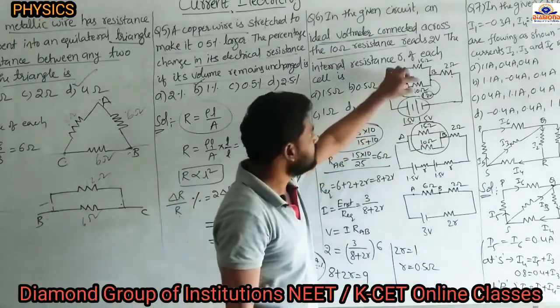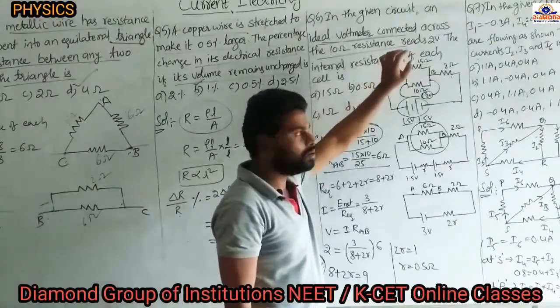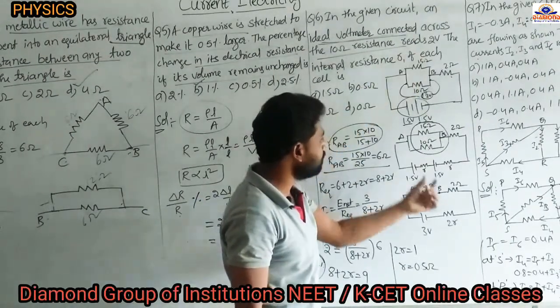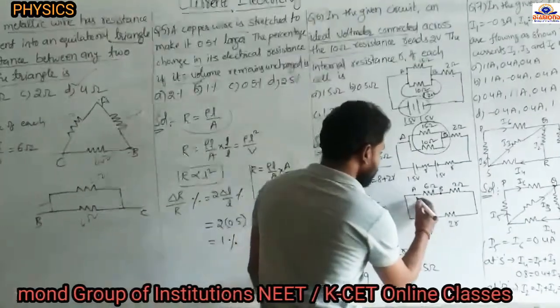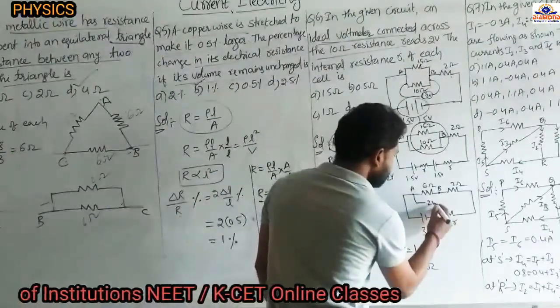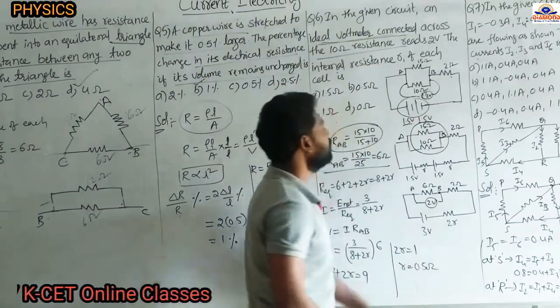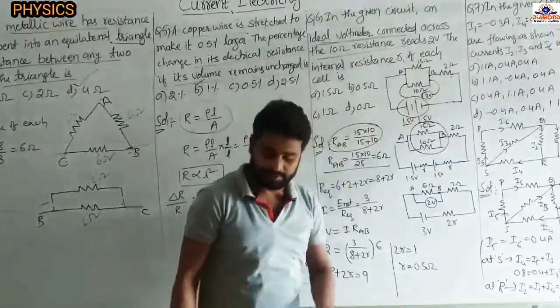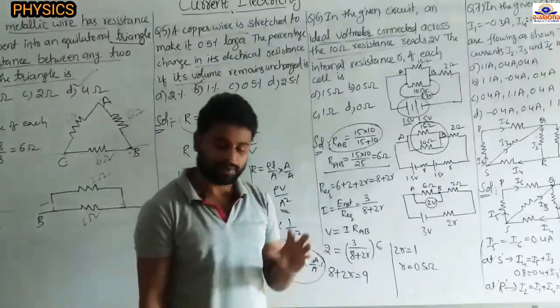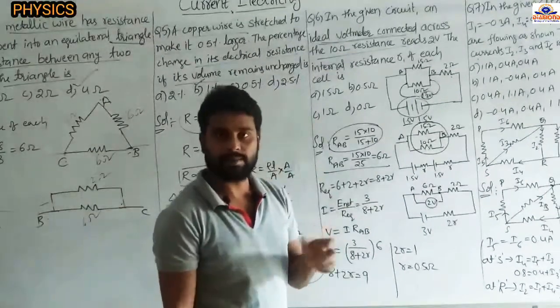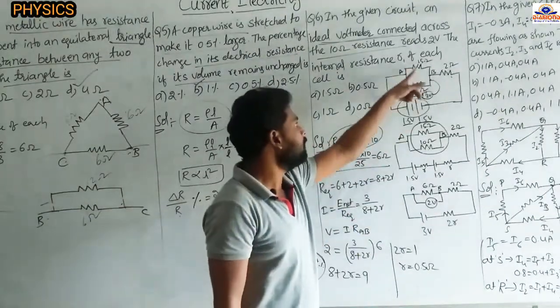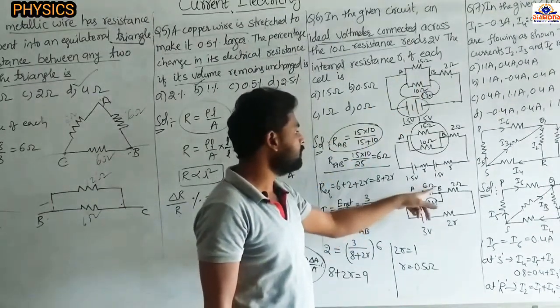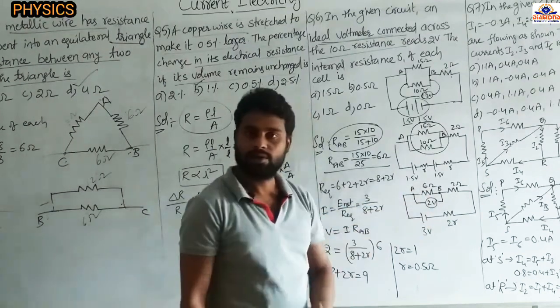So now across this one 2 volt, across this one also 2 volt, the equivalent resistance of this is nothing but the 6 ohm. Then what is the voltage drop across this one also? 2 volt only. Okay, now these two are in the parallel combination. If resistors are connected in parallel combination, the potential difference among the resistors is the same. Now the equivalent resistance of this parallel combination is 6 ohm. The voltage drop across this 6 ohm is also 2 volt only.